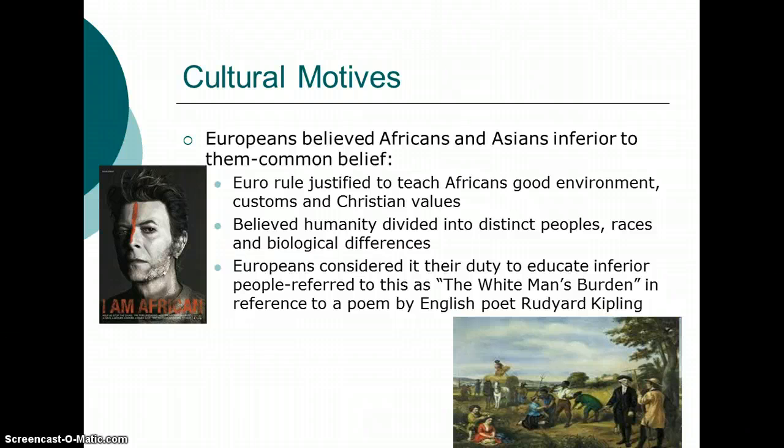Europeans believed Africans and Asians were inferior to them. It was a common belief that the white man was greater. So the European rule was justified to teach Africans good environment, customs, and Christian values. They believed humanity was divided into distinct peoples, and races and biological differences. Europeans considered it their duty to educate inferior people, and they referred to this as the white man's burden,